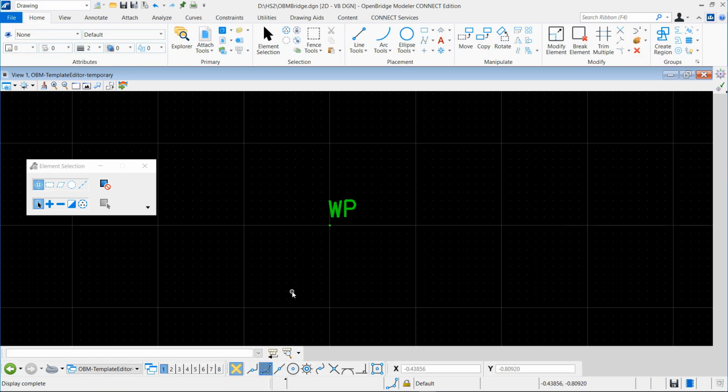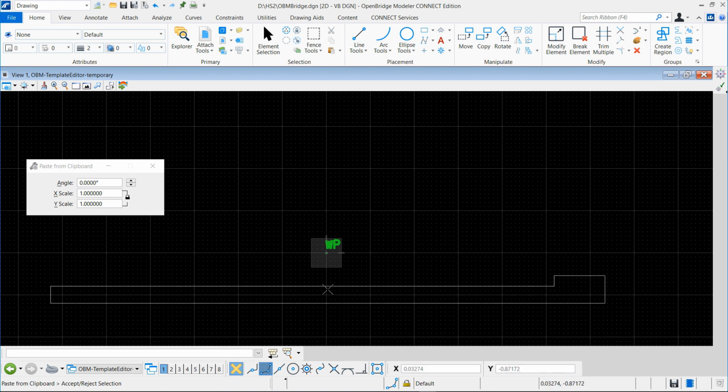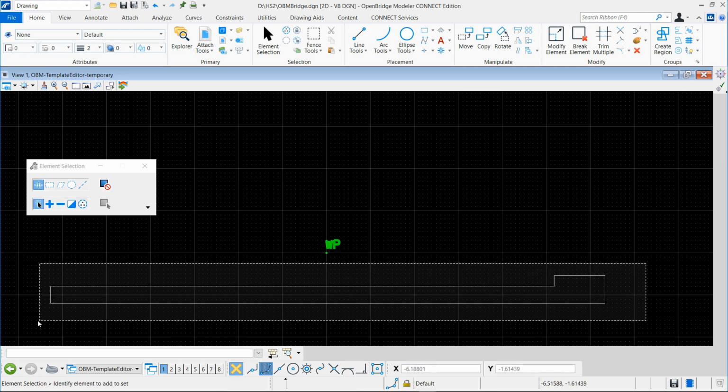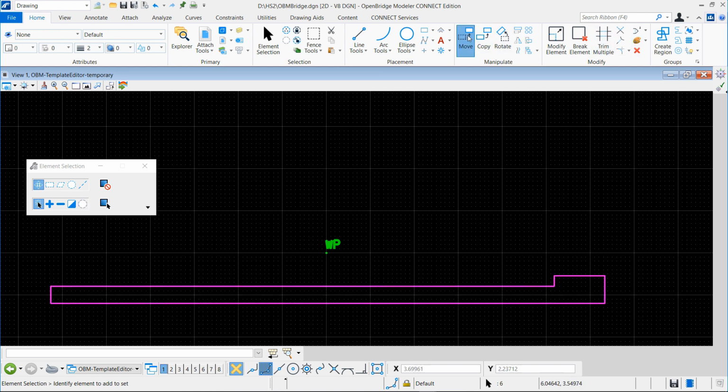We paste here with Ctrl C, Ctrl V, and we readjust the attachment point to the center of the